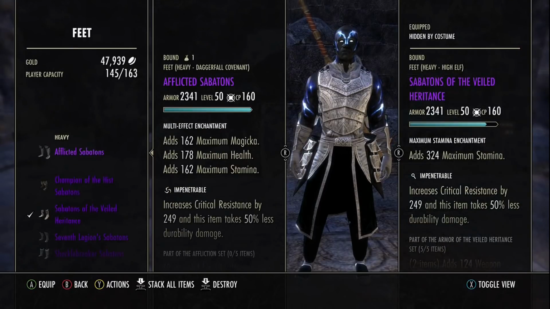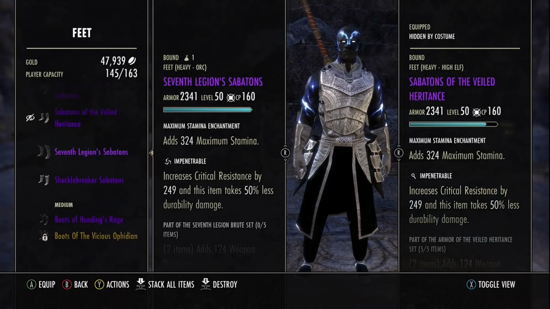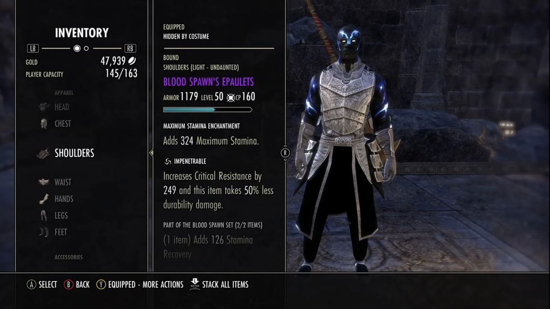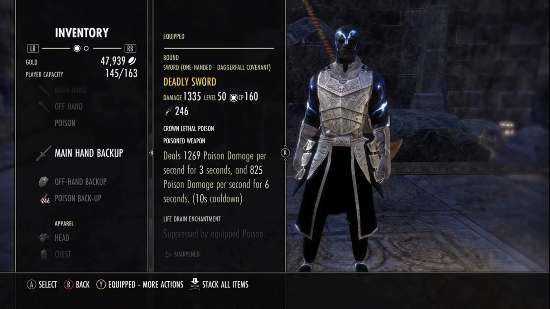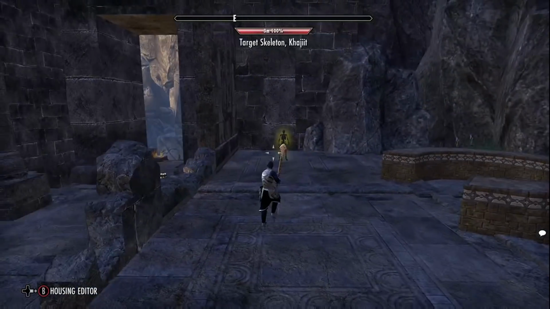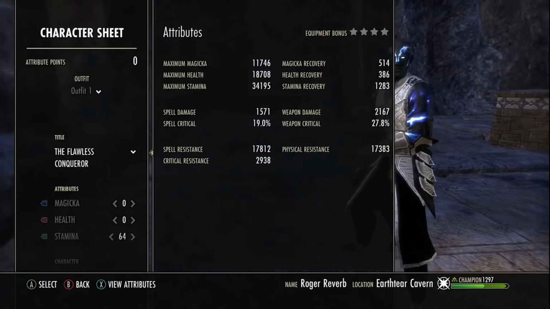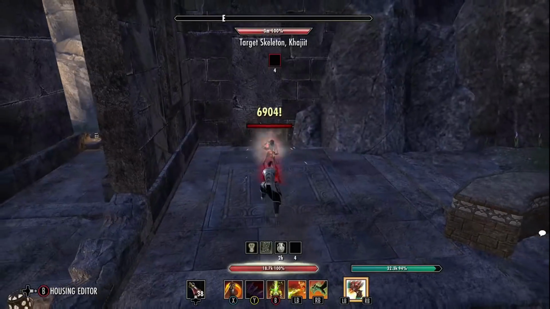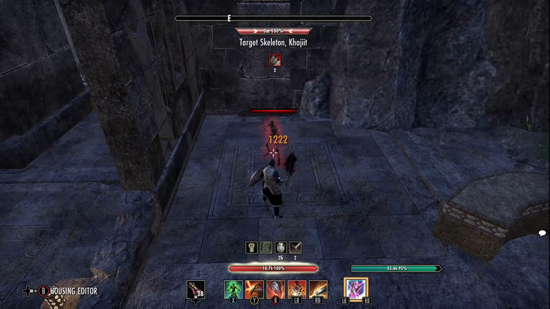So you can see Deadly is only on one bar. We're going to take the Veiled Heritance off because it will proc weapon damage, so we're just putting a 7th Legion piece on. All we want to see is RR dots buffed by Deadly Strike when we go to our front bar. That's all we want to see. We have no other buffs. You see that? We're going to crit rush, and then we're going to weapon swap,